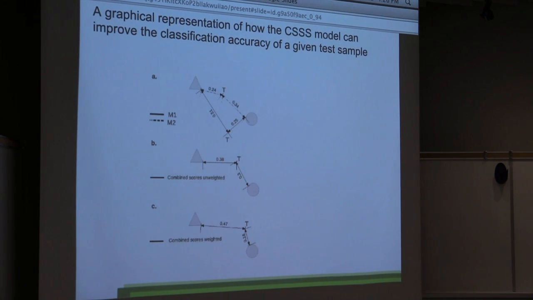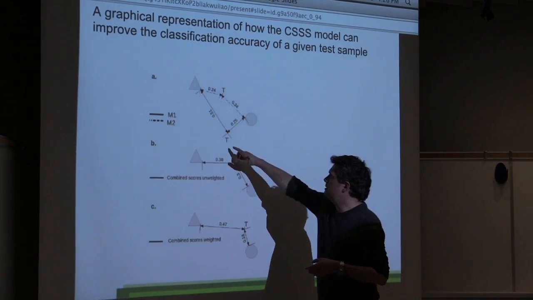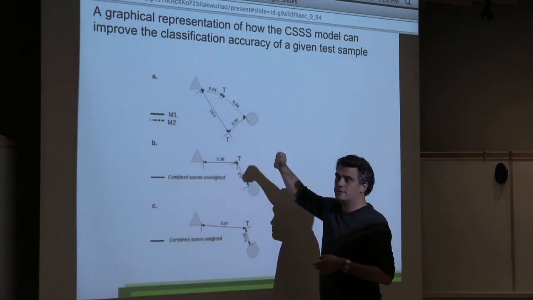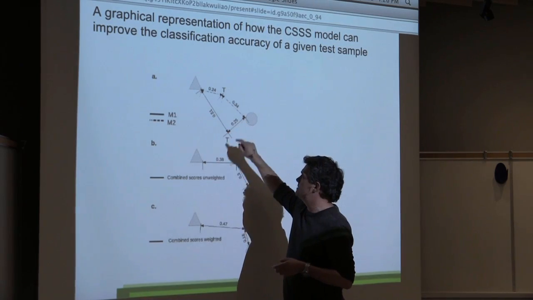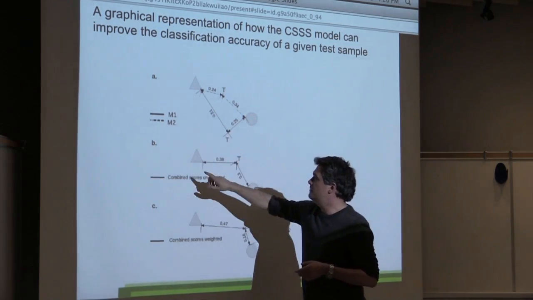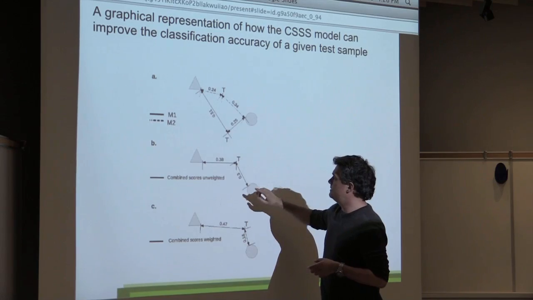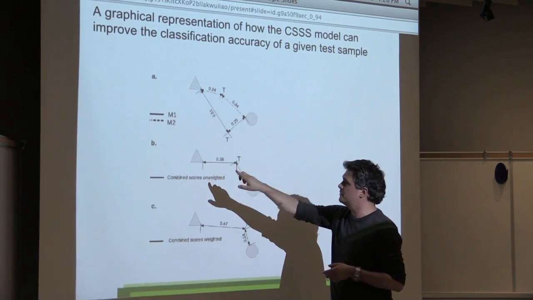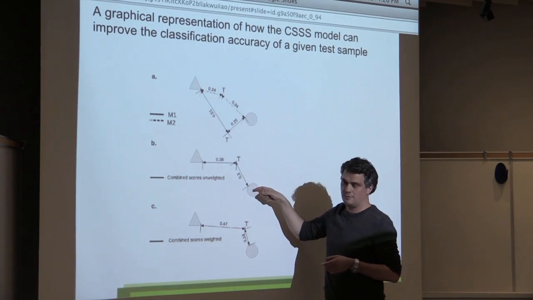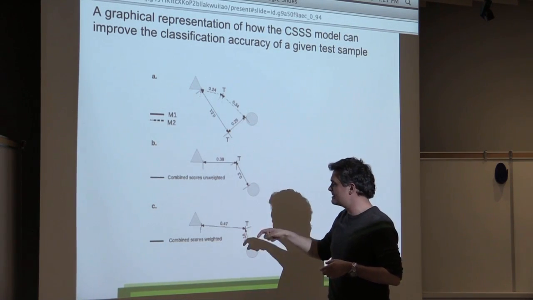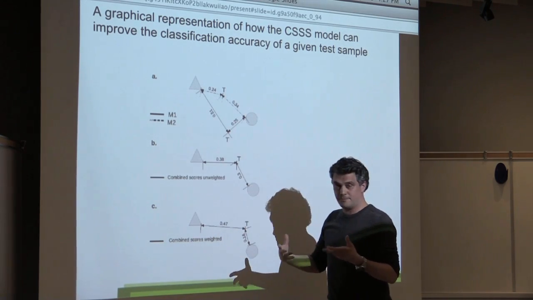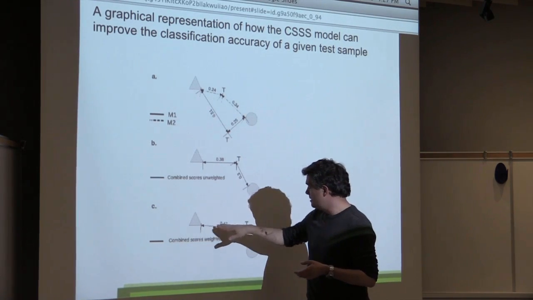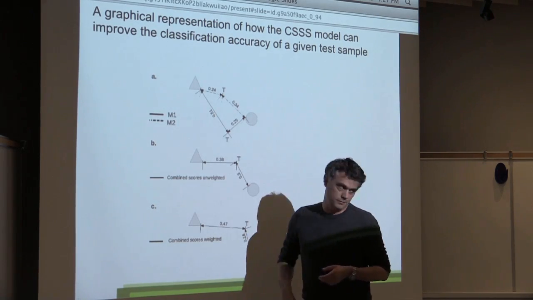Okay, so this is a graphical illustration of what the model does. Say we have two measures, M1 and M2, and we have a training set here. We know that the training set belongs to the class circle, and M1 says, okay, this is a circle, and M2 says this is a triangle. If you combine them together, you will find that now the M1 measure basically compensates for the M2 because it brings this T closer to the true class. But if you're doing your weighting properly, that should actually bring this T even closer to its true class.